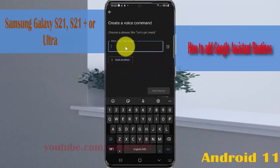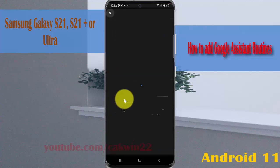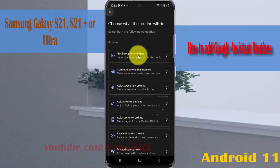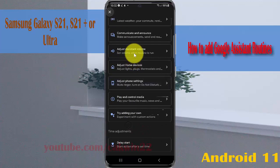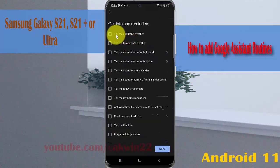Okay, for example, and then tap Add starter, and then tap Add action to add your action, for example Get info and reminders, or another option. For example, Get info and reminders, and then select the option you want, for example Tell me about Twitter, or another